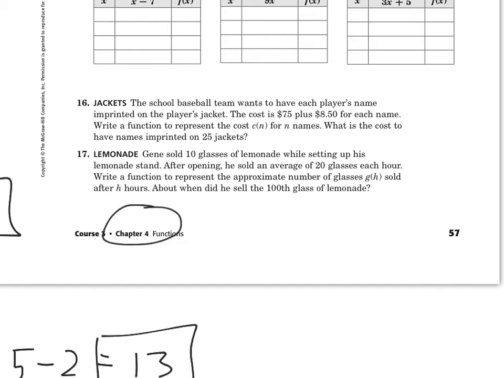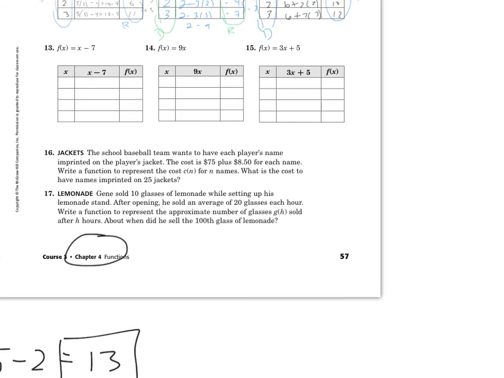Okay, so it's going to be 75 plus 8.5 per name, n. And so it'll be the cost is equal to 75 plus 8.5n. Now, the thing is that this isn't the right way of writing it, okay? And so what you're supposed to do is you have to fix this, and the cost should be